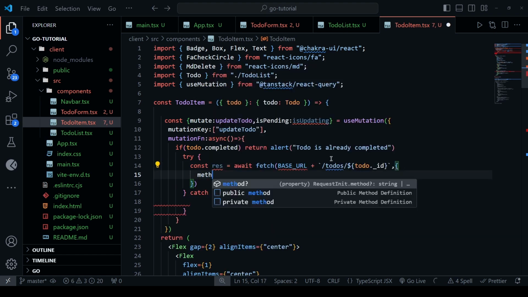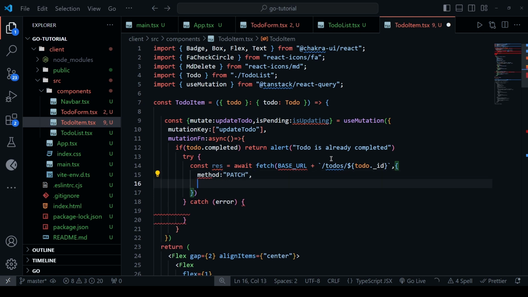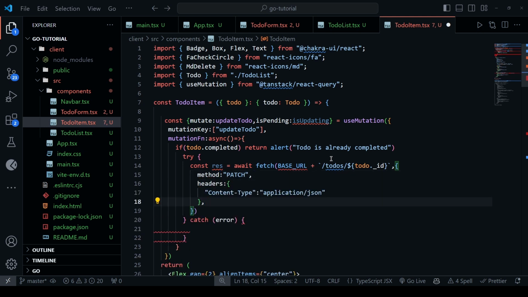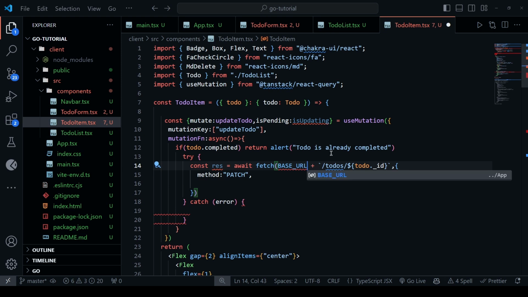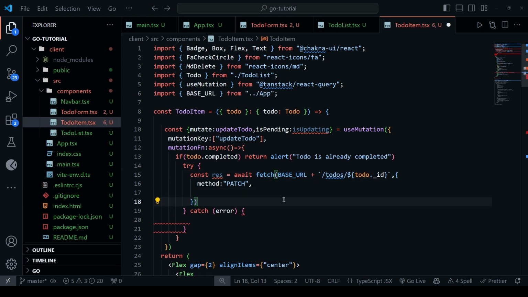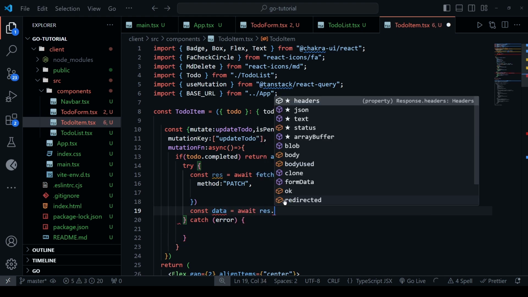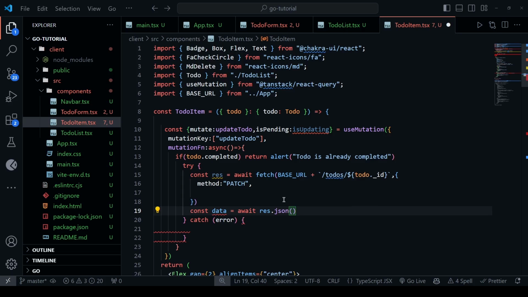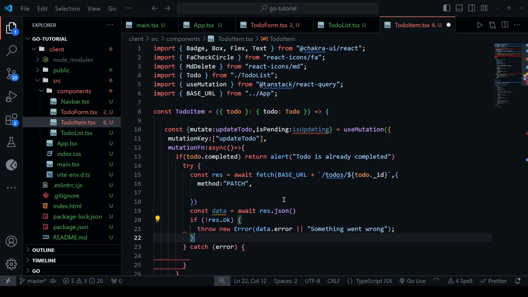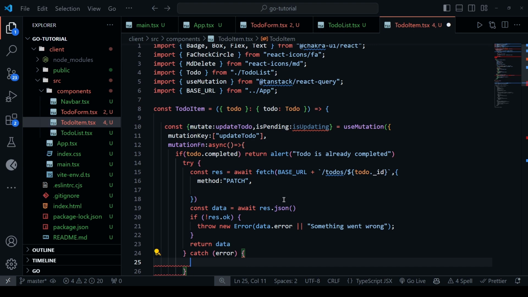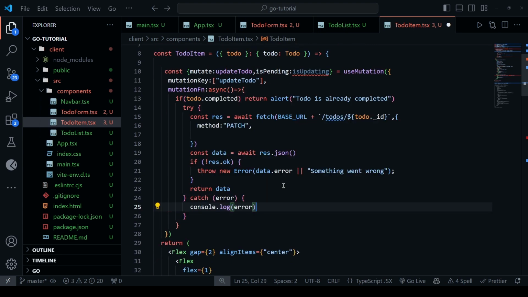Then I'll say my method is going to be patch, and headers is going to be content type of application JSON, and I think we don't even need to pass it because it is going to update it, right? It's going to make that completed field to be true, and I'll say const data res.json, and if response is not okay, just maybe throw an error and return the data otherwise. Here we could just say console log the error itself,